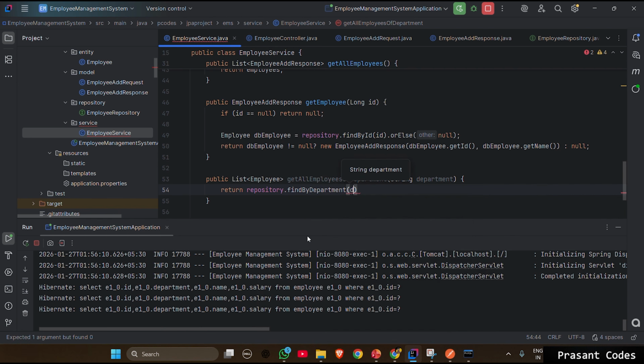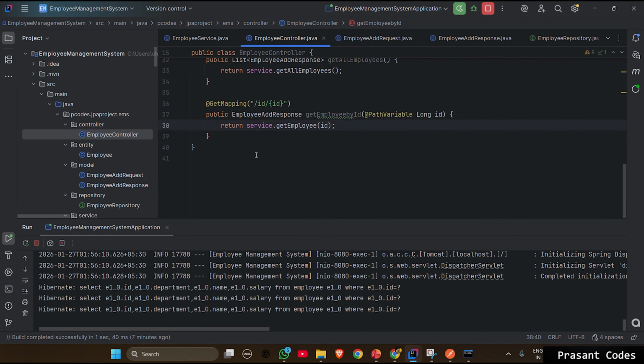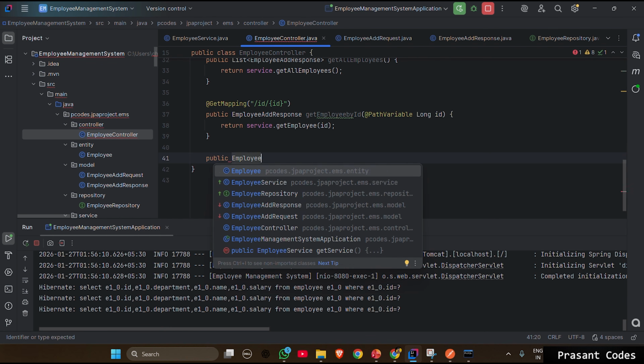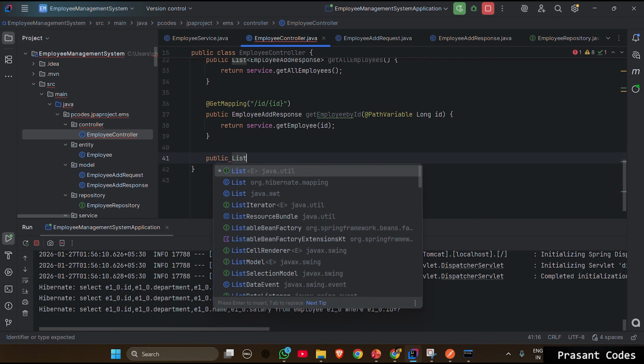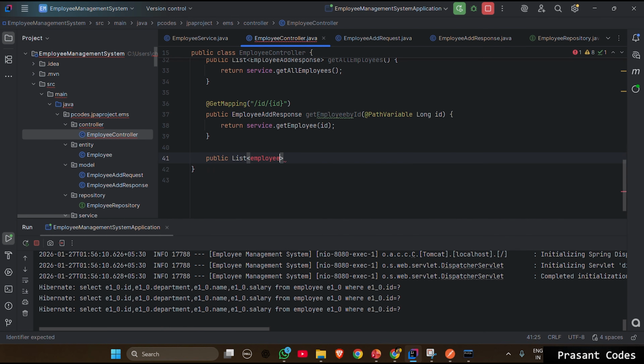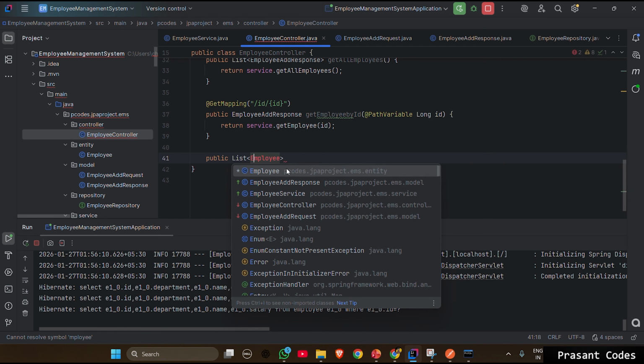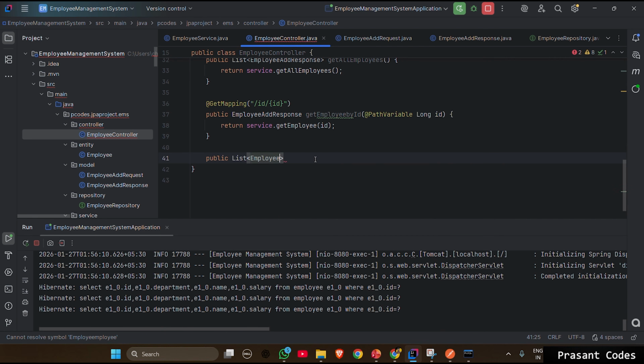Find by department, and we'll pass the department value here, right? Now let's go to the controller and check this method. Public, list of employee, will be capital, get employees by department,